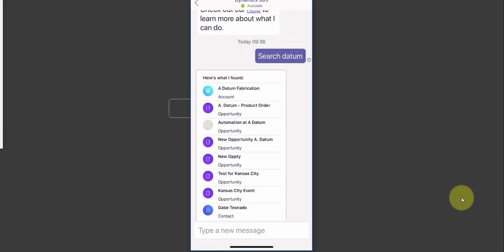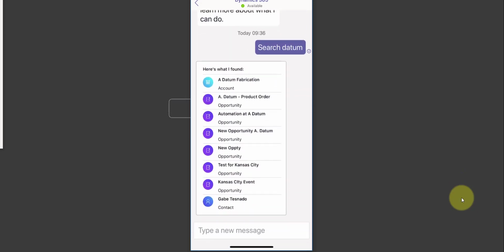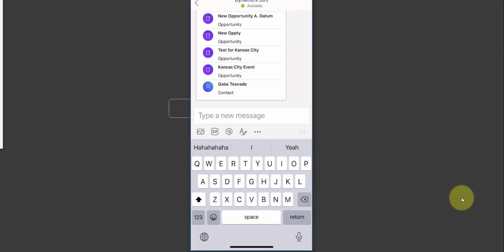And as you can see here, it's searching the database and it's finding account records, opportunity records, and also a contact record as well. Then I can also do show. So I can pull up records in a view. So I'm going to say show my open